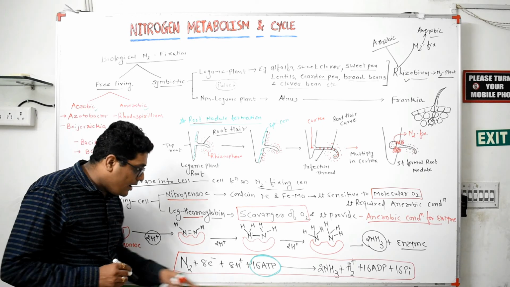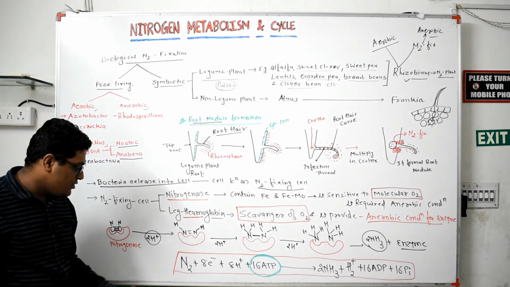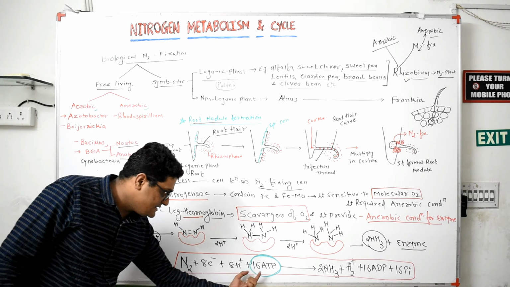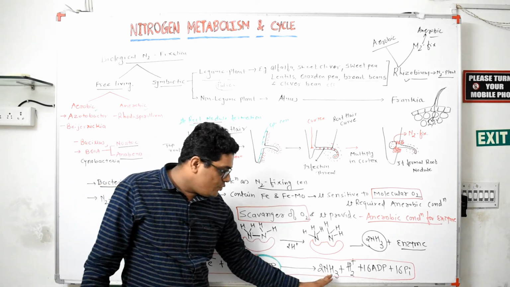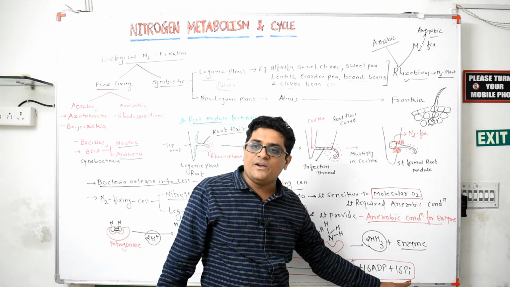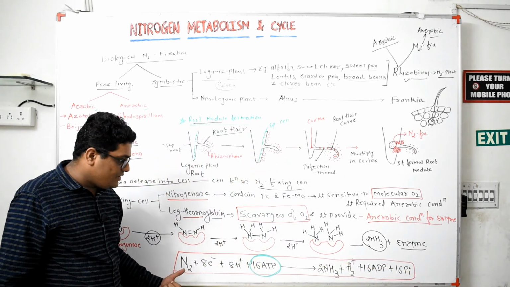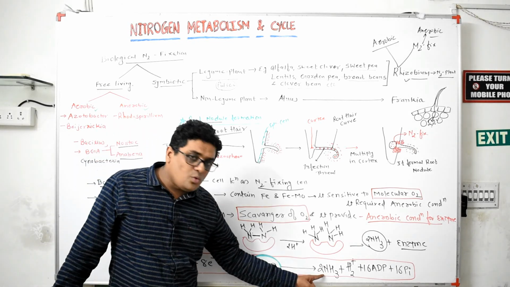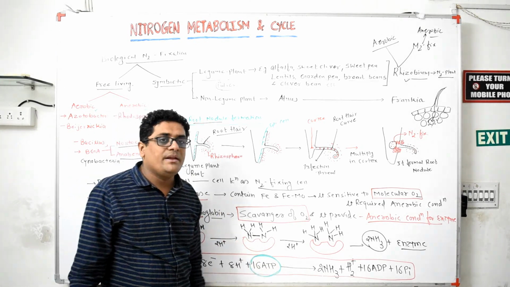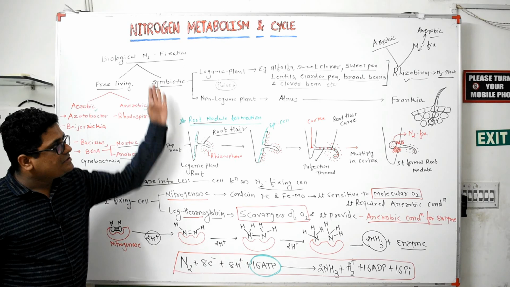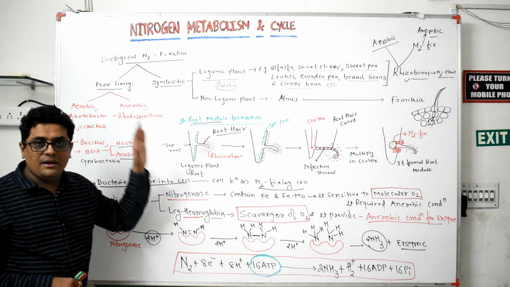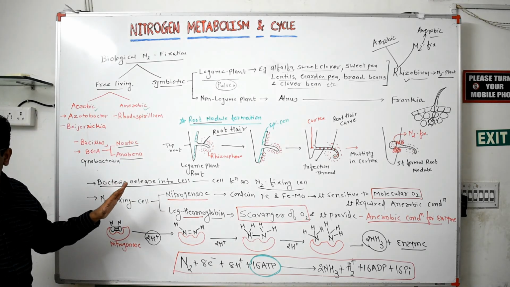The whole process requires 16 ATP. Here the equation is nitrogen plus 8 electrons plus 8H+ and 16 ATP forms 2NH3, hydrogen, 16 ADP and 16 inorganic phosphate. So with this equation we know that the formation of 2 ammonia requires 16 ATP. So the formation of 1 ammonia requires how many ATP? It requires 8 ATP. So this is all about biological nitrogen fixation with the help of various living organisms.